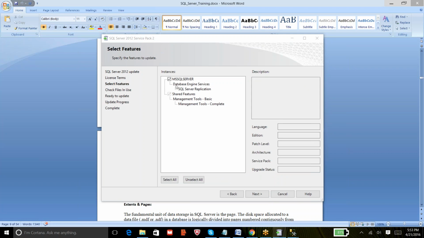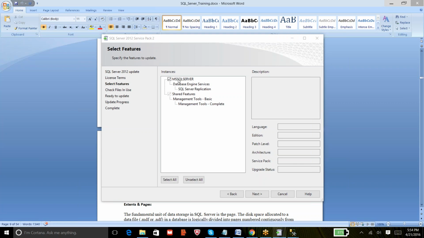And you can see the list of instances for which you want to apply service packs. Let's assume you have got 4 instances running on this machine. You can still apply the service pack to all 4 instances at one point. As of now, I have got only one instance running on this machine, so it's listing only one instance.